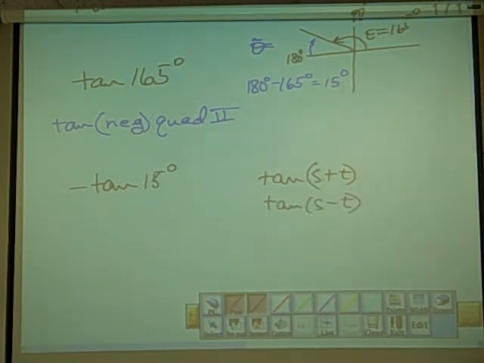So we need two angles that will either add or subtract, and we have to look at angles like 30 degrees, 45 degrees, and it goes on. 60 degrees, 90, 180, and 270. So we want to look at, since it ends in a 5,